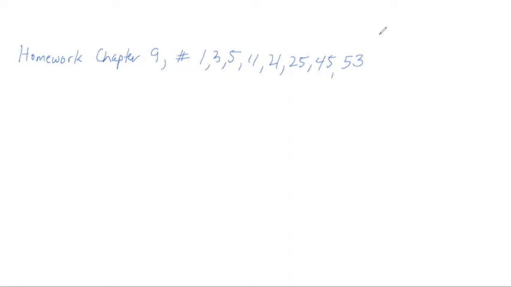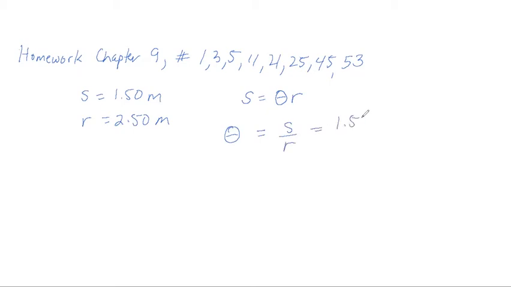1A reads, what angle in radians is subtended by an arc of S equals 1.50 meters along the circumference of a circle with a radius 2.50 meters. So R equals 2.50 meters. Our formula is the arc length equals the angle in radians times the radius. So we want the angle in radians, which is S over R, 1.50 meters divided by 2.50 meters. That's going to be 0.600